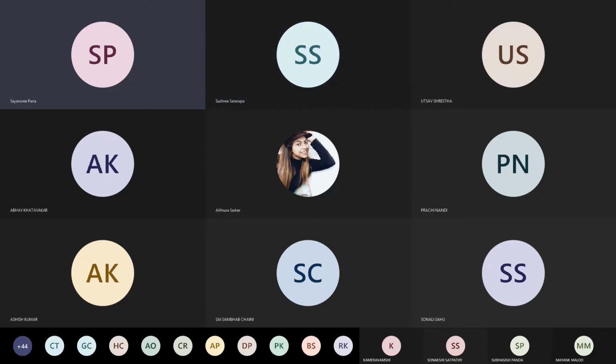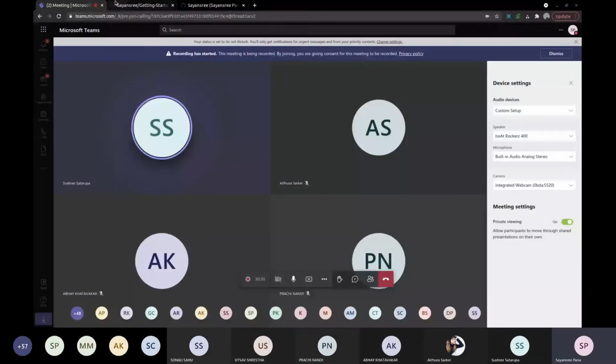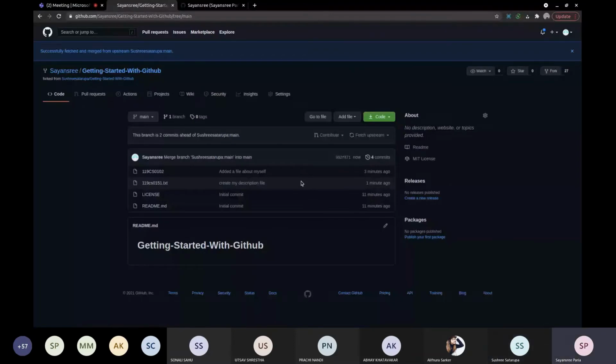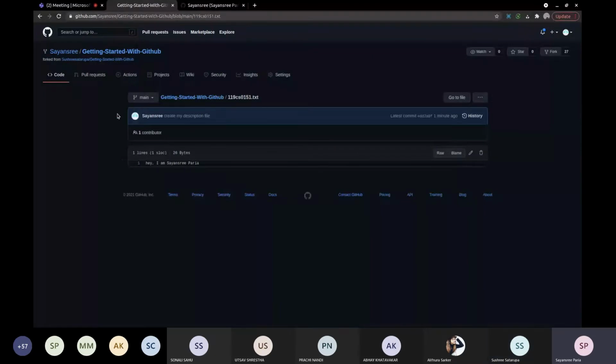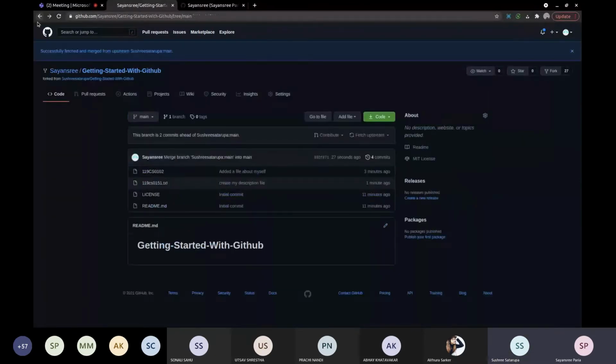Okay, so you can see I have added my file name and I have written some description. Now let me show them how to create a pull request.